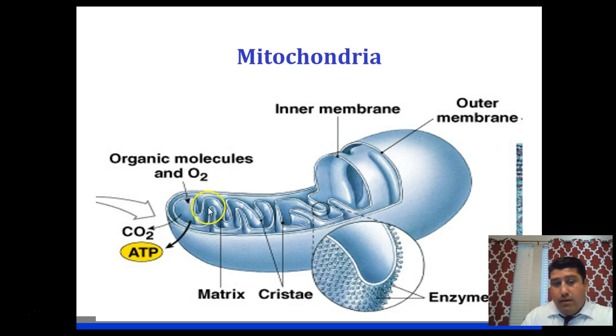Once they're in the mitochondria, there's a cascade of events that eventually produces what's called ATP, or units of energy. ATP stands for adenosine triphosphate. This is the energy that's used for us to survive and to do anything, for us to function. Even to think requires energy. If we haven't eaten for a couple of days, we lose the ability to think. So even thinking requires energy.